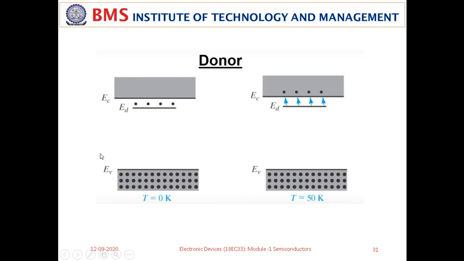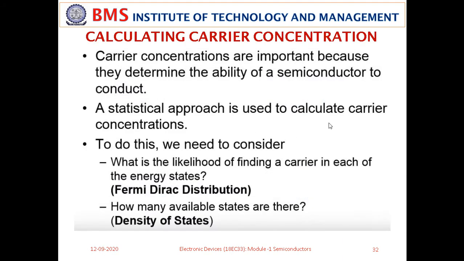So this is the energy band diagram of an n type semiconductor. Even if you apply an external force here, these electrons are readily available close to the conduction band, so they get excited and move into the conduction band. There are a lot of empty states in the conduction band, so the electrons can move freely, and that means they conduct electric current. So this is the n type semiconductor. Look at the p type semiconductor.